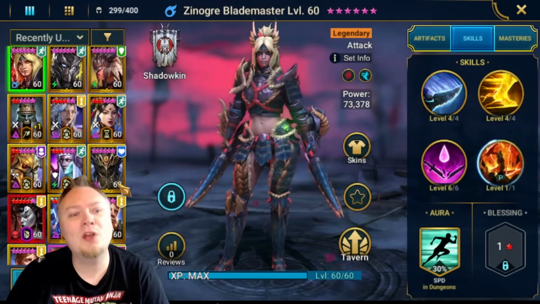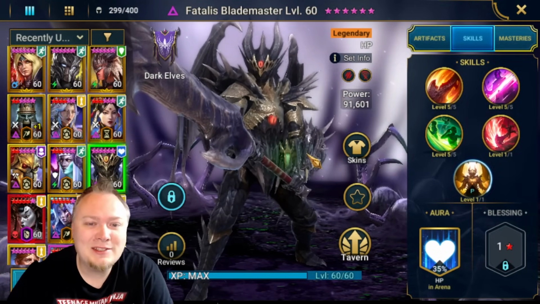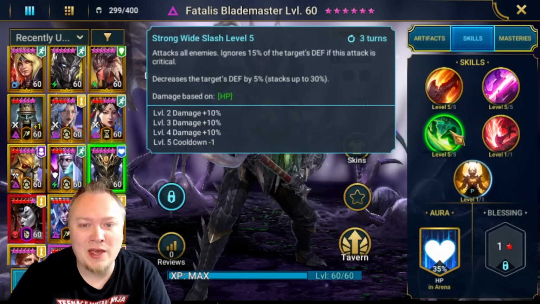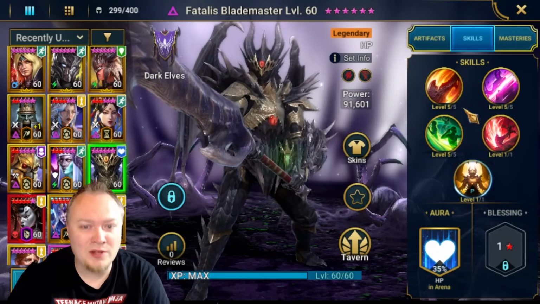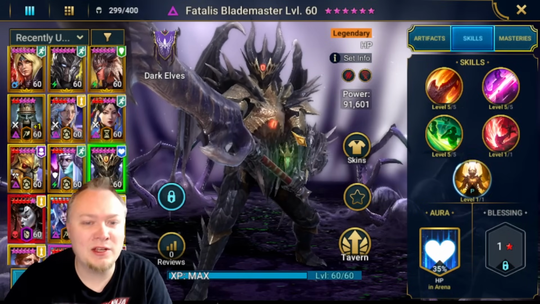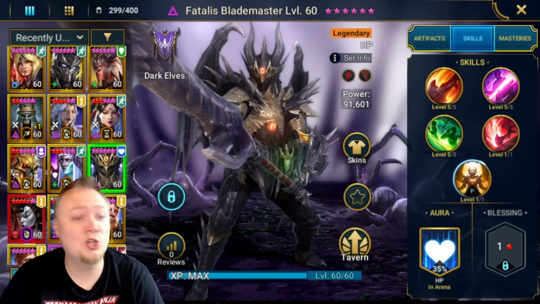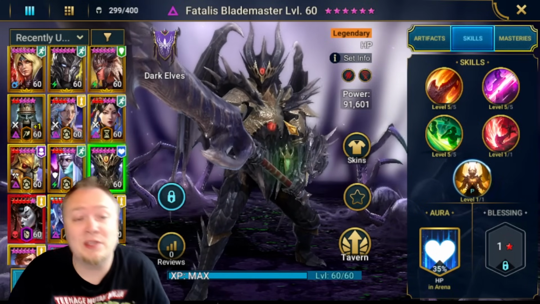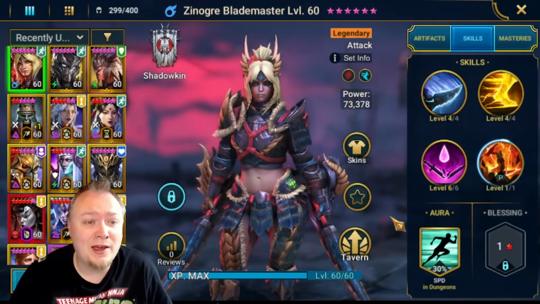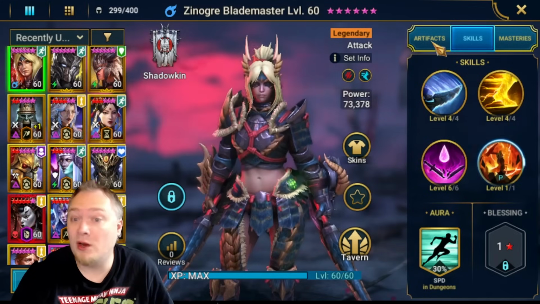If you saw yesterday's video with Fatalis, the whole point of his kit is geared around doing damage, and he doesn't do good damage. That's my whole point. So if you didn't see yesterday's video, a very detailed and thorough overview of this guy, make sure you go back and check that out. A lot of you did see that video. As for today, I want to focus on this chick, and I tried to put more mid-game gear on her,